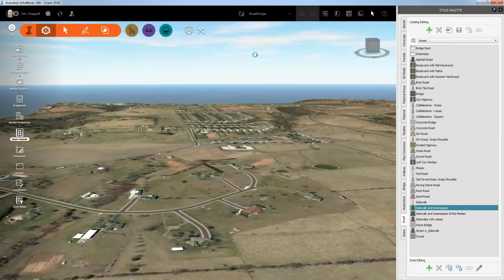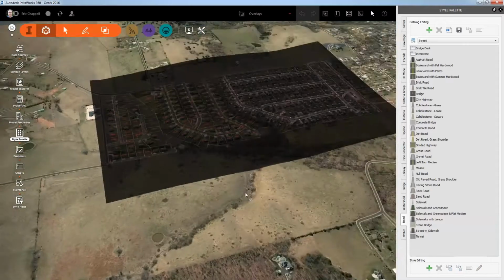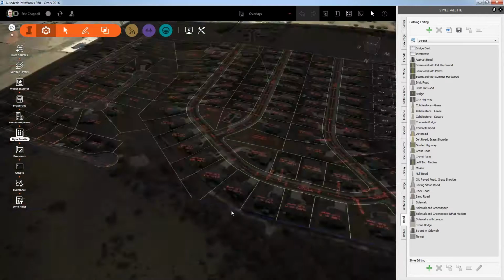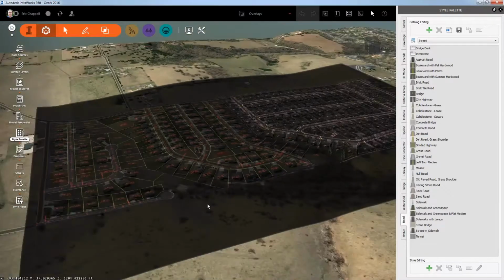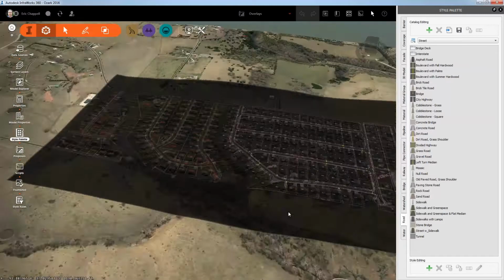And I've got that same example that you saw in the sample video, with a screen capture of a Civil 3D subdivision layout. So you can see all the parcels there. And what I did is I went into Civil 3D and I just plotted this as a web published JPEG. So it was real easy to do, just took me a minute, and it came out the way it looked